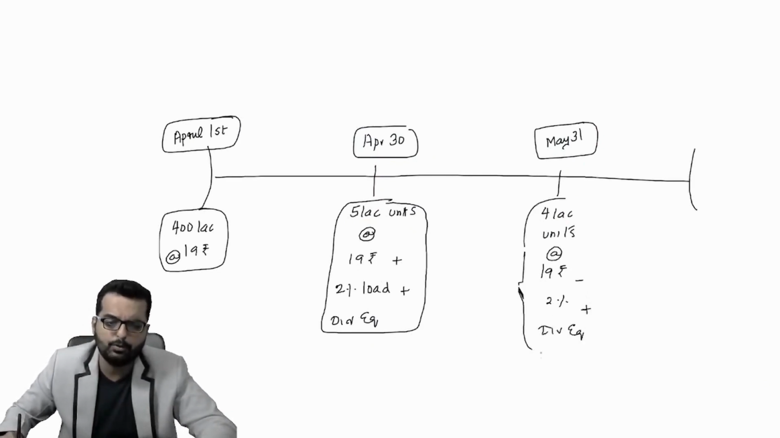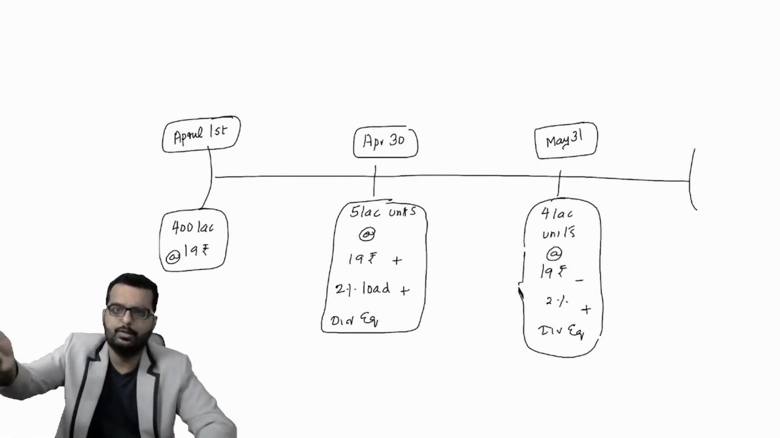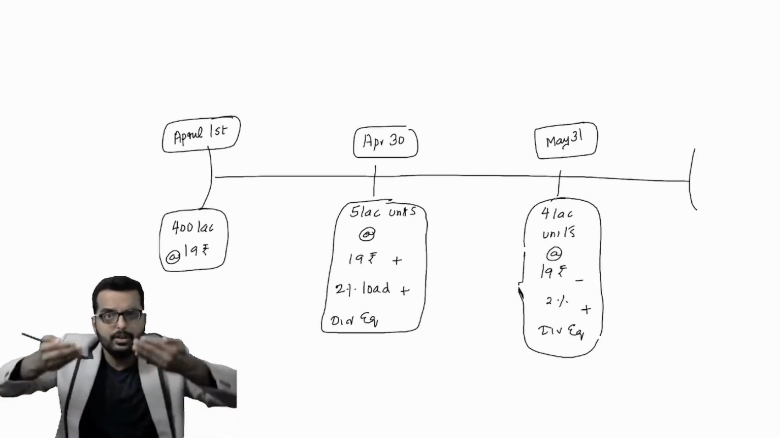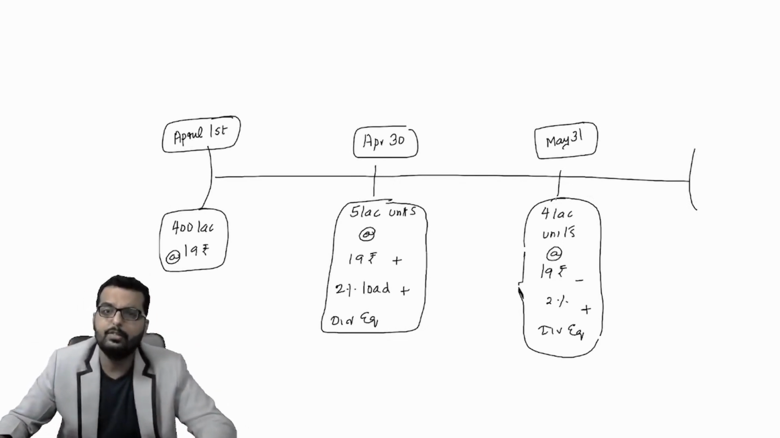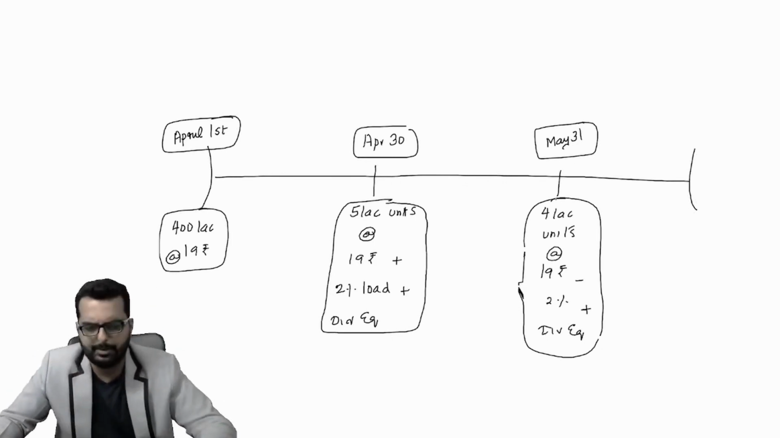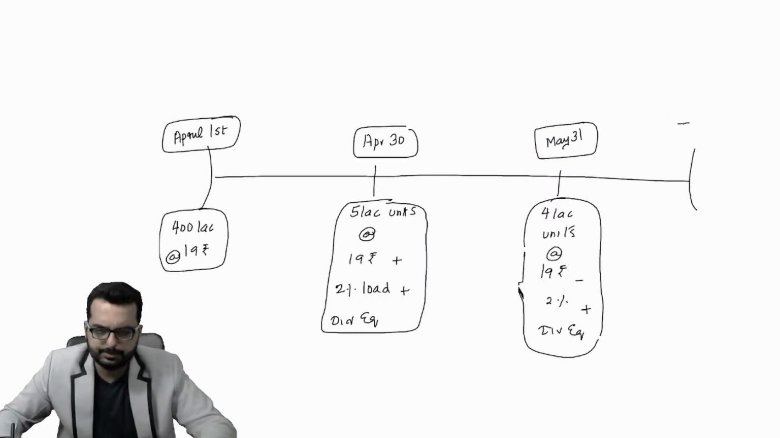But from the company's point of view, this will be an outflow. The company will have to give dividend. When a person comes into the company, we will receive dividend. When a person is going out of the company, we will have to give dividend to them. Am I right? Right. And after that, on June 30th,